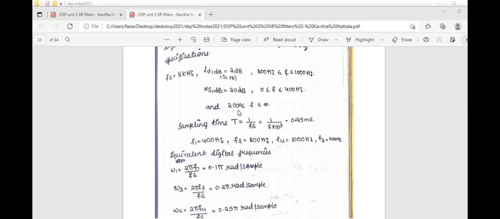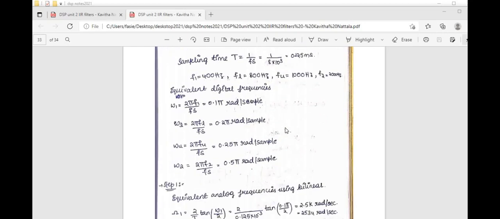In the previous class, we discussed the problem related to the bilinear transformation technique, a digital bandpass filter, Butterworth, using the specification. So briefly we'll go over that and then proceed ahead with the next part. Basically, the specification is given: stop band frequency, gain, and attenuation are given, the frequencies are given, and the sampling, we find the T value.